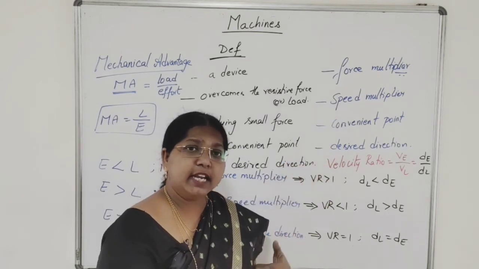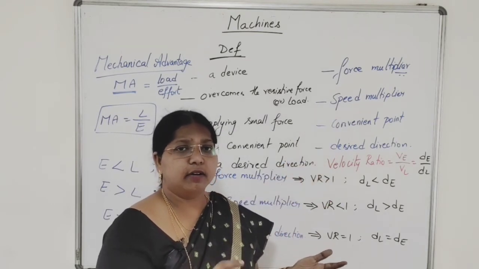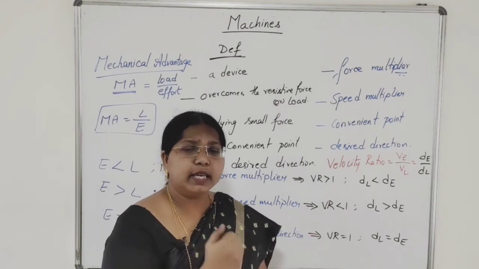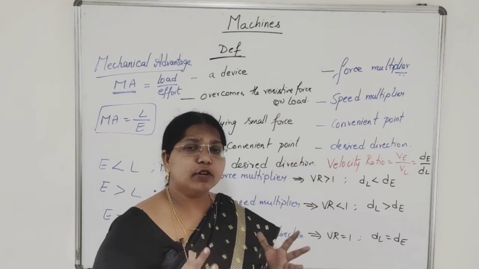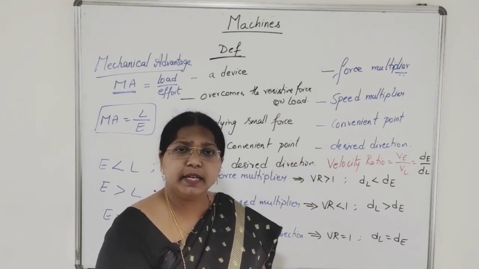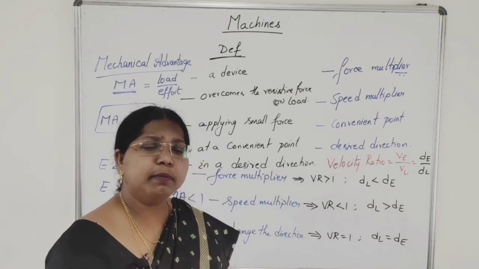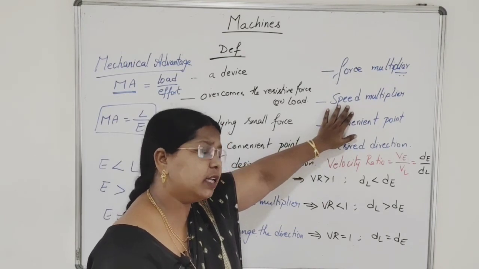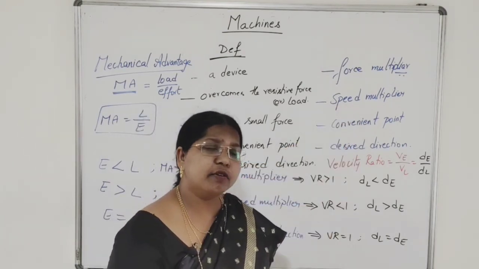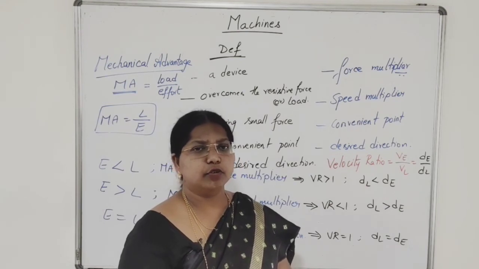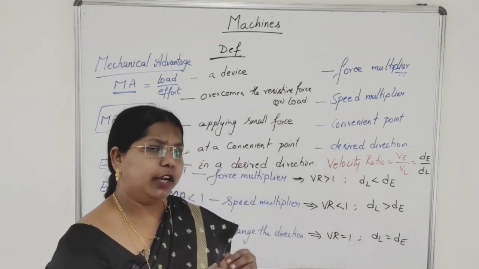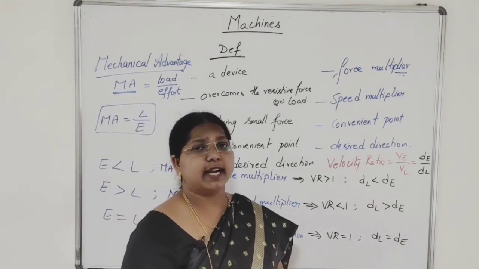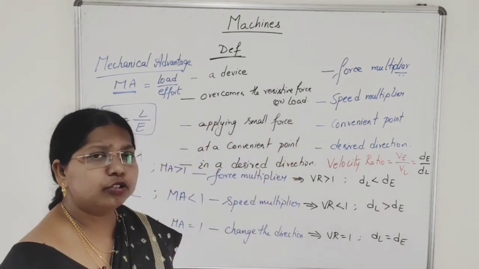Next, speed multiplier, it can increase the speed. Even the mixer grinder will increase the speed. The work we are doing by hand will take much time. If we are preparing chutney, it takes a lot of time. The mixer grinder will increase the speed. Okay, scissors are speed multipliers. So the machine can increase the speed, and next, it can change the direction of effort at a convenient point. So we can change the direction of effort into a downward direction, a convenient point where our own body weight will act as the effort. So these are the functions of the machine.